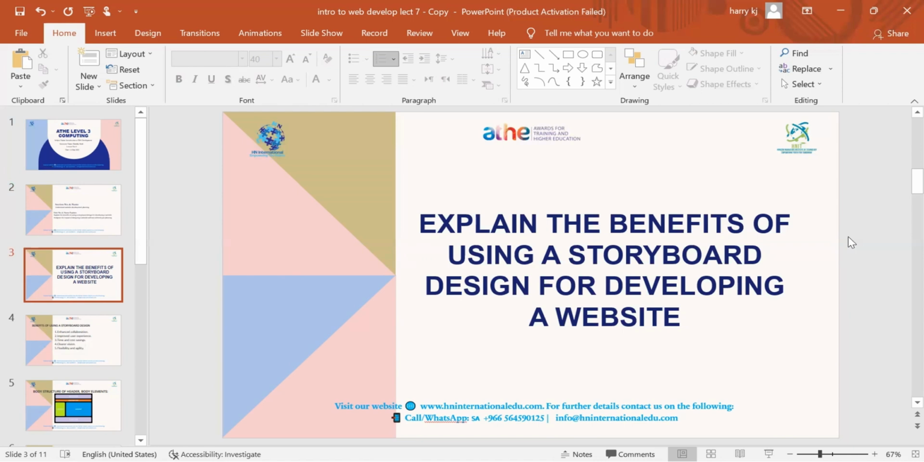Okay, tell me some benefits of a storyboard. When we are making a storyboard, some advantages. We can show the team what we are working towards, what we have to achieve. It allows us to get a visual of the website before